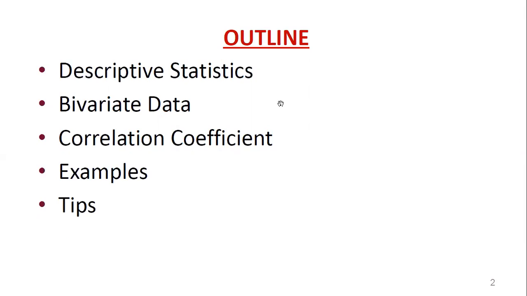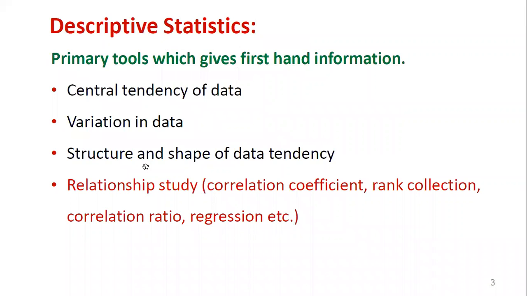So here we will recall descriptive statistics, then bivariate plots, which we discussed earlier. Now, by taking bivariate data, how can that be correlated by using the correlation coefficient. Then we will demonstrate how to calculate the correlation coefficients with example demonstrations. So we can recall the descriptive statistics that we covered in our earlier lectures.